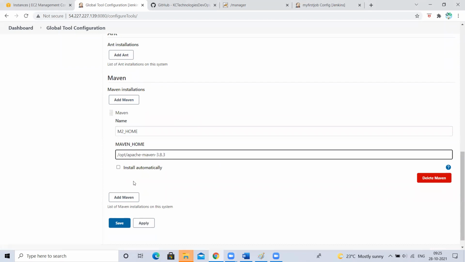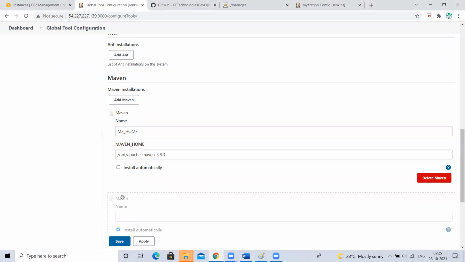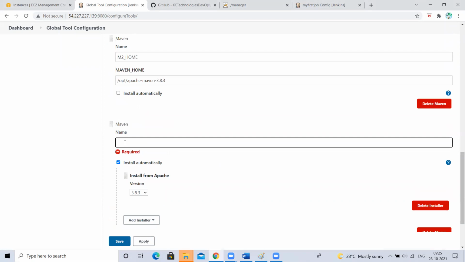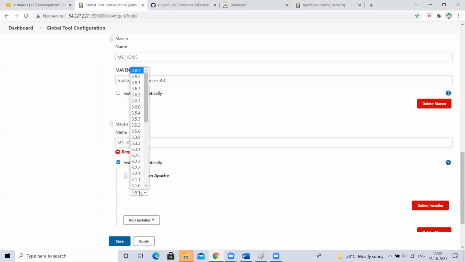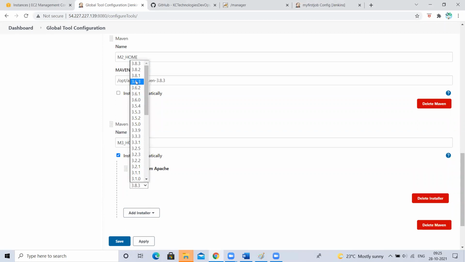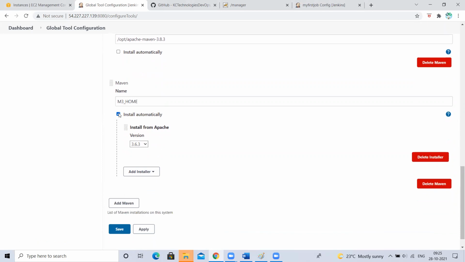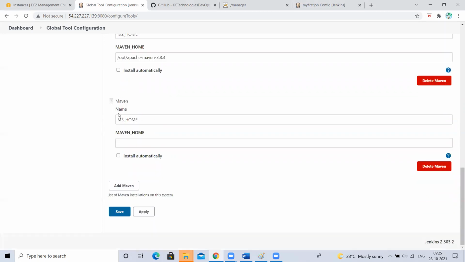What I want to do is add one more Maven. The name of that is going to be m3_home. This is very much important. I will give it as 3.6.